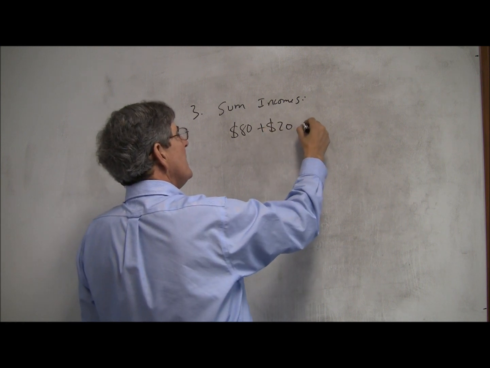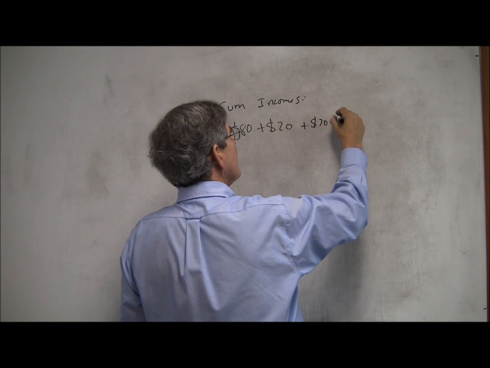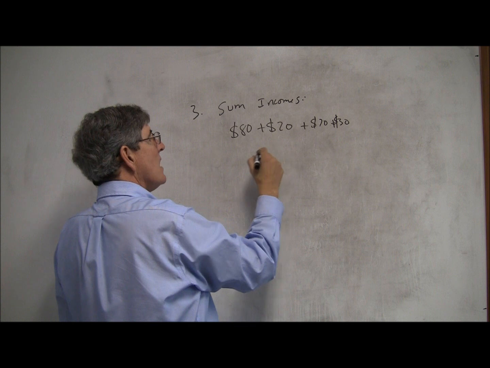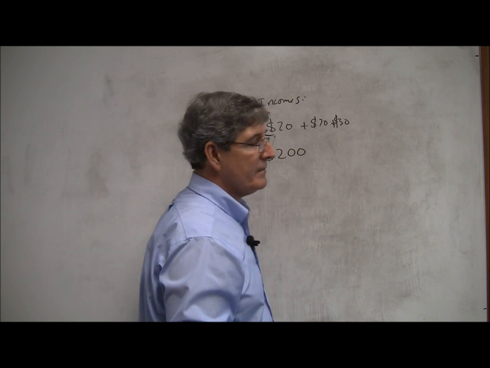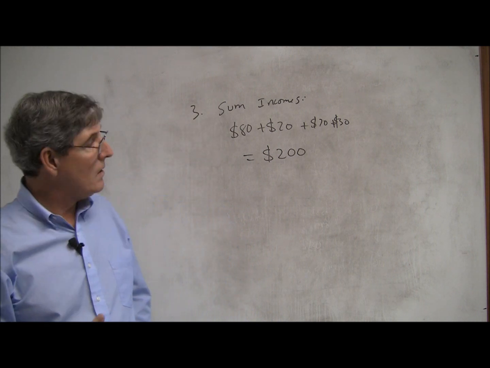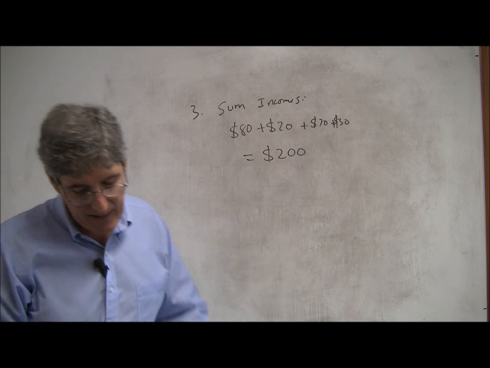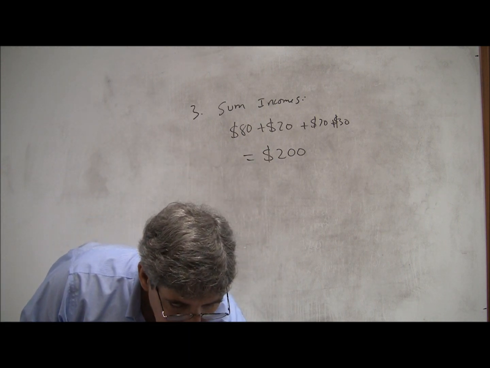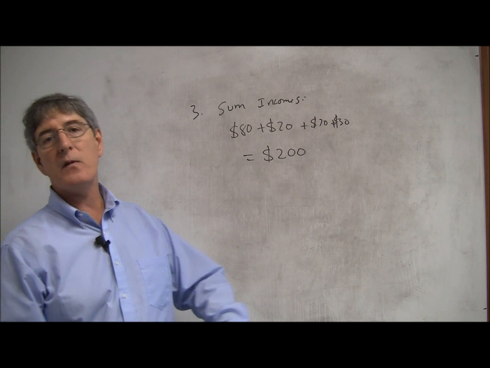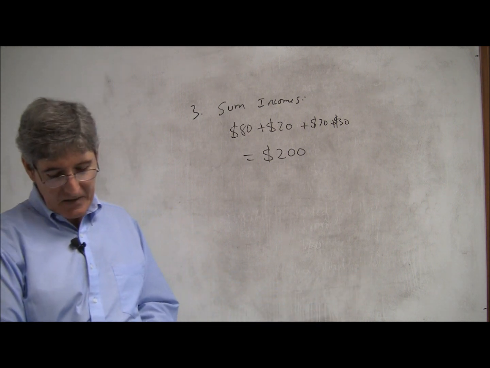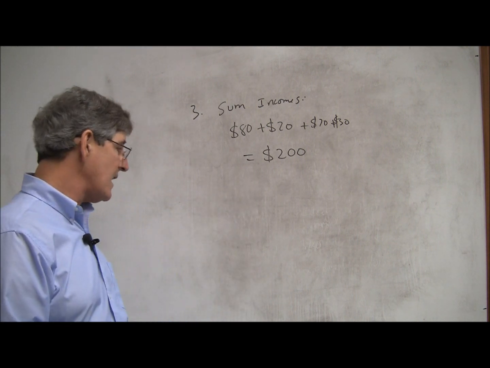The second firm had 70 in wages and 30 in profits. And if we add those all up, once again, we get 200. And so we can get the same answer by adding up income, by adding up value added, or by just looking at the total value of the final goods and services, throwing away all the intermediate goods that are out there. The reason this works is when you sell a good,